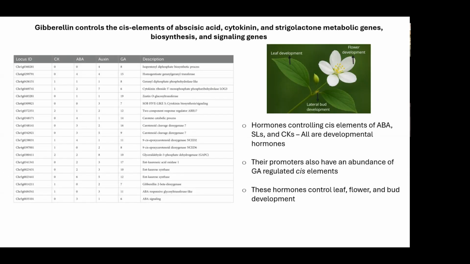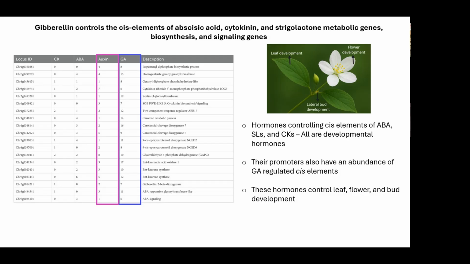So we looked again at the cis elements in the promoter region of ABA, cytokinin, and stigoractin genes. And what we found is there were more of the GA elements controlling the promoter region of these genes. And then the second hormone controlling the promoter region of these genes is auxin, as you can see. And the cytokinin is controlling less compared to GA and auxin. And these genes as well, as you know, are involved in leaf development, flower development, and lateral flower development, where